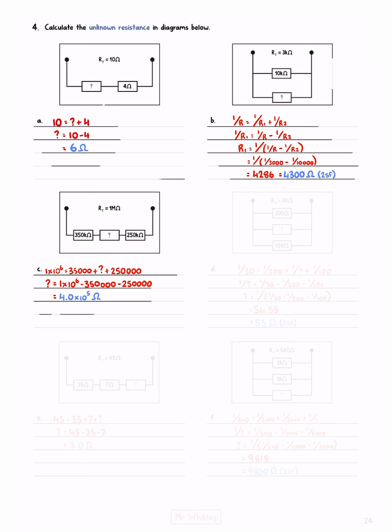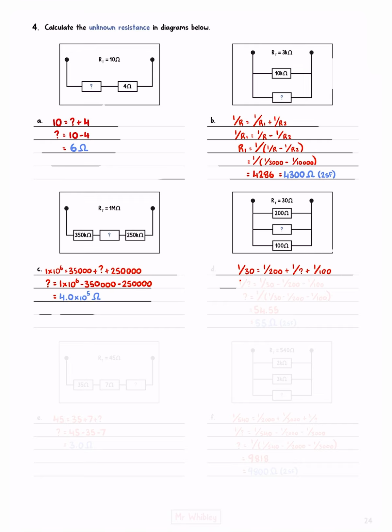For our fourth example, our total resistance is 30 ohms, and we have 3 resistors in parallel. One is 200 ohms, the other is 100, and our third is our unknown. For resistors in parallel, 1 over our total resistance is the sum of our 1 over resistances. Solving this for our unknown resistance, we can first subtract 1 over 200 and 1 over 100 from both sides and swap them around, and then take the inverse of both sides, which gives us 54.55 or 55 ohms to